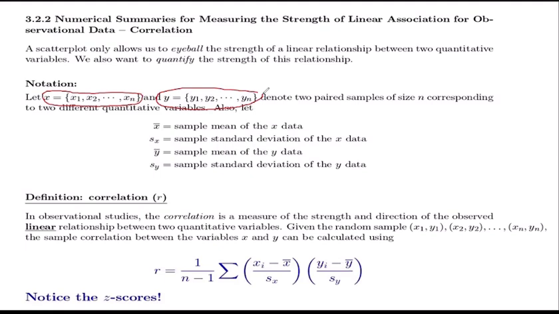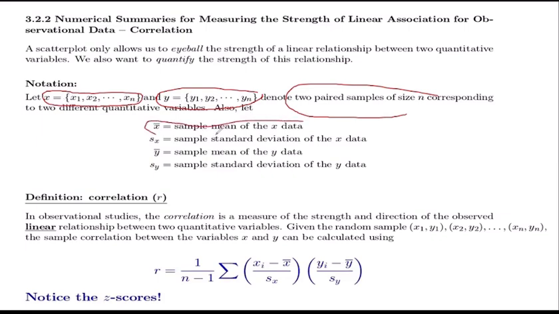Now you're going to see we have x1 up to xn, and we also have y1 up to yn, because they are expected to be two paired samples of size n. If I have 10 observations in X, I'm also going to have 10 observations in Y. So for us to be able to have a numerical value for that, since we have a data set for X and a data set for Y,